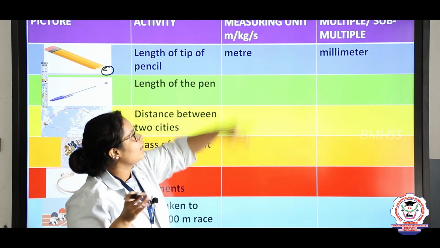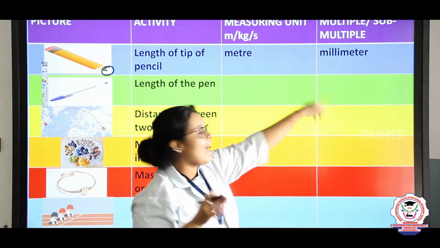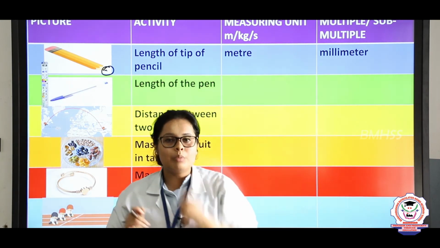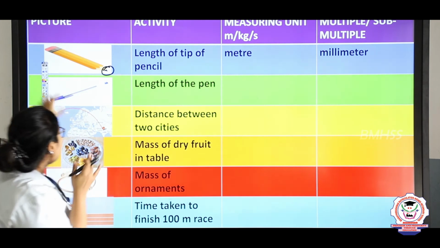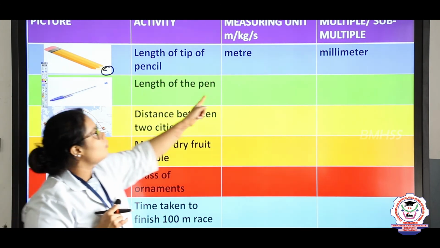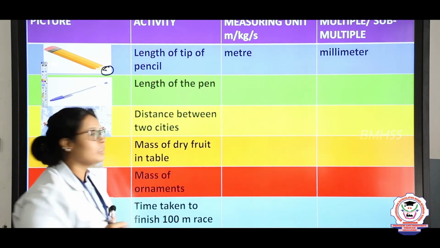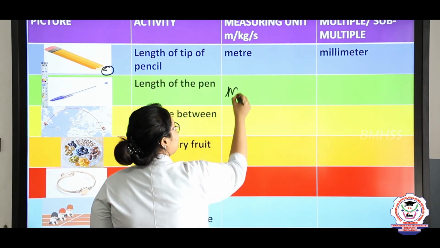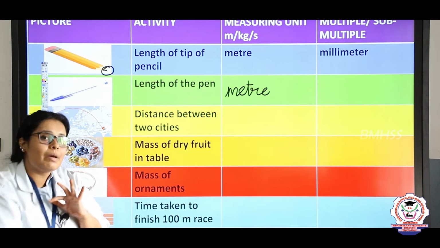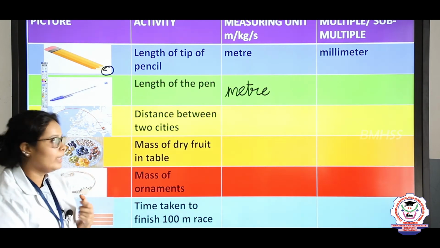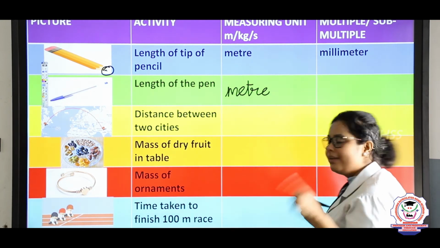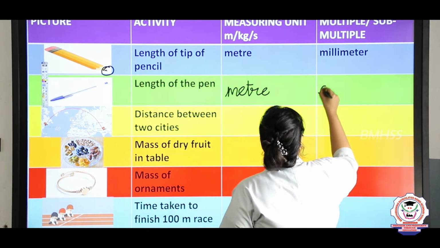So here it is written that unit system is meter and sub multiple or multiple is millimeter. Millimeter means very small unit, right children? Same way now we are taking a pen. Now this pen length we can measure in how much? The unit system is what children? Here it is meter. Meter. And same way what is the sub multiple of this, because this is very small, right? So here we can write millimeter, or for the correct information we can write here centimeter.